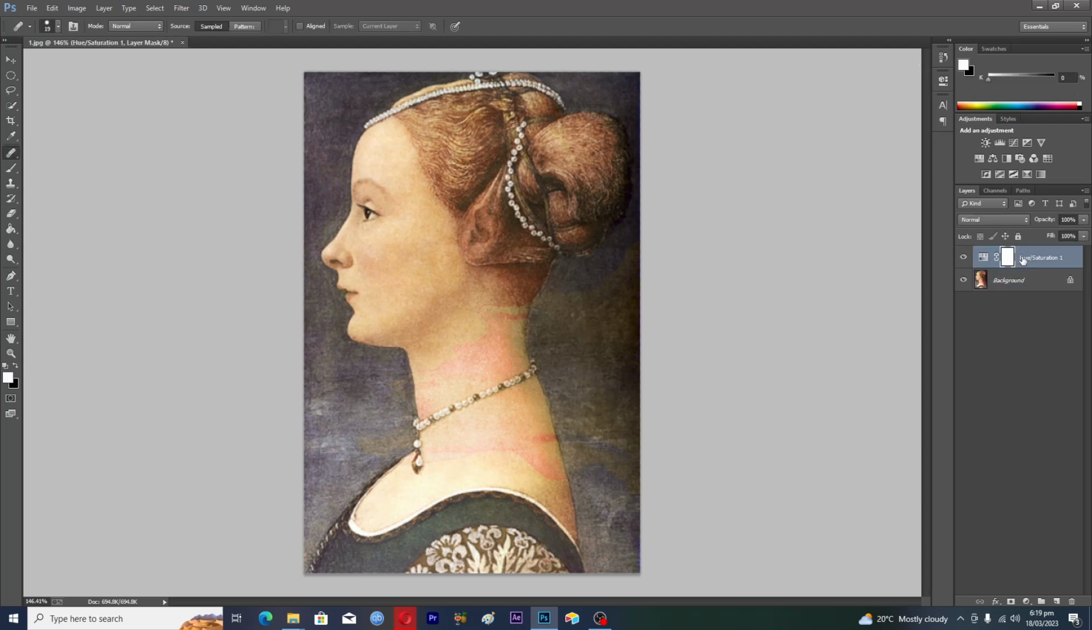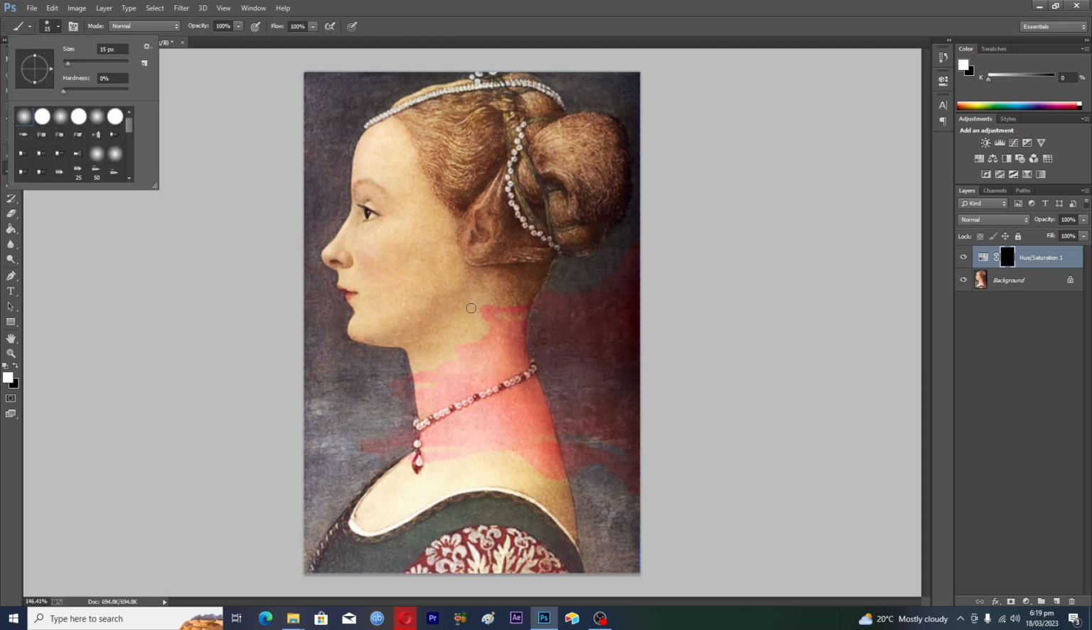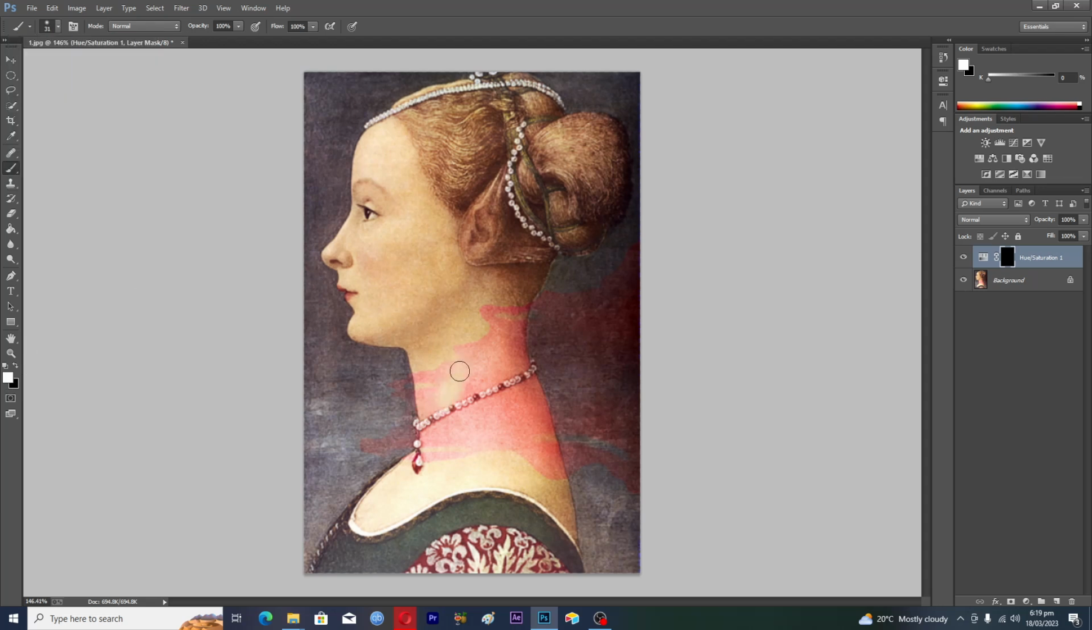you will just select your hue and saturation layer, and then you will press Ctrl plus I here. Okay, and then you will select the brush tool from here and increase its size like this one, and make sure that the foreground color is white, and then you will just tap on this one here,